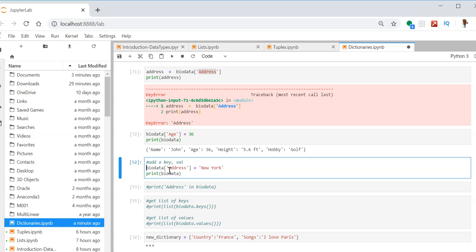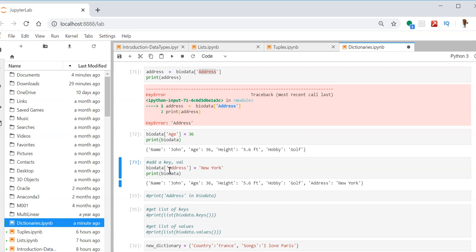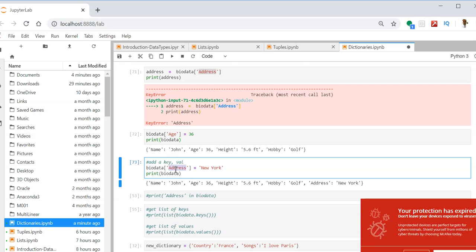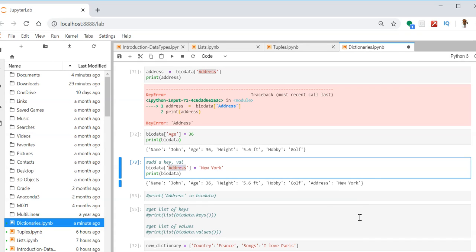Likewise we can add here. I'm trying to update address, but it's not there, so it will add it. You see the address is added.